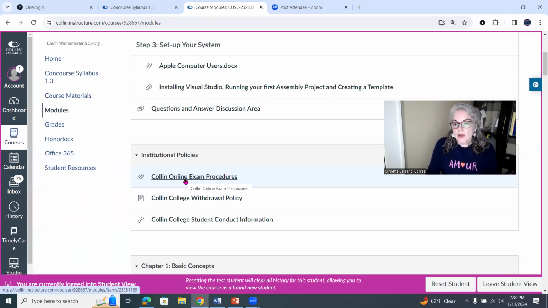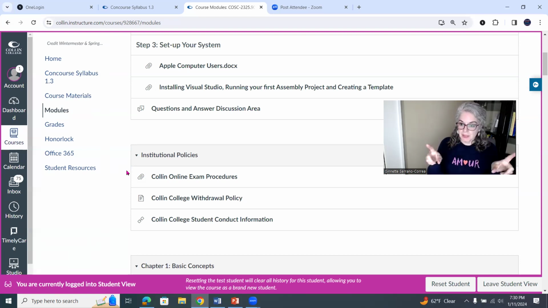So the way HonorLog works is that you have to have a computer, either a laptop or a desktop, not a tablet, not your phone, and it has to have a webcam and a microphone. It checks your room, it checks to make sure that you're not using any notes if they're not allowed. And then it records your screen, what you see on the screen, and it also records you looking at the screen. So there's two recordings going on.